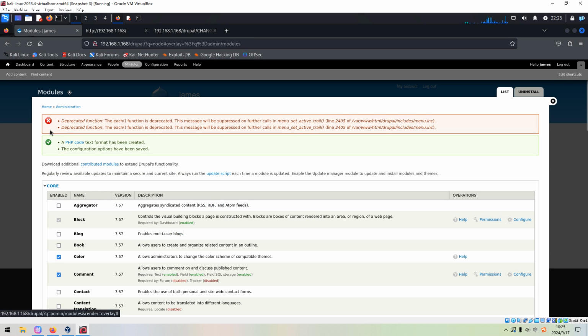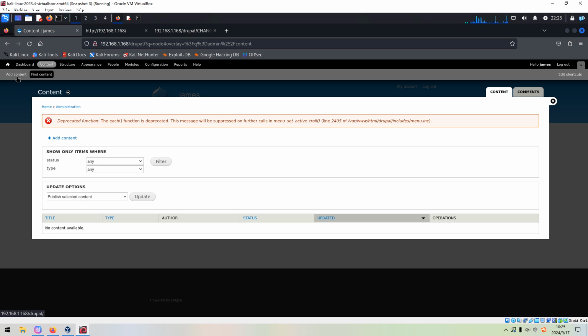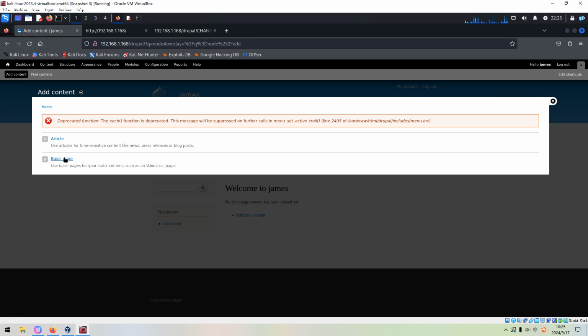No error. You can ignore this error, it is some sort of warning. And now we can go to the content and add content, and we can add the basic page.